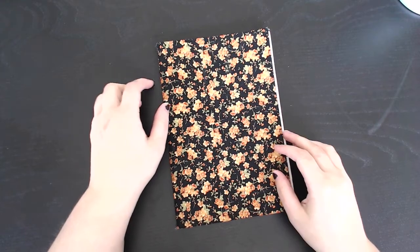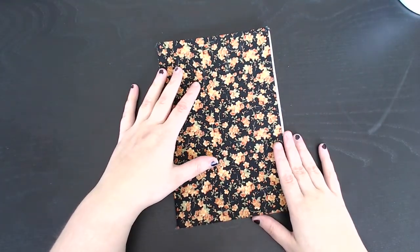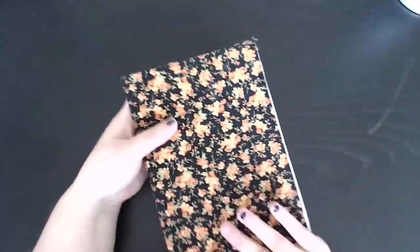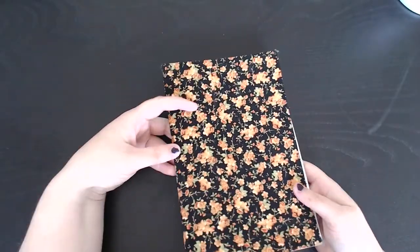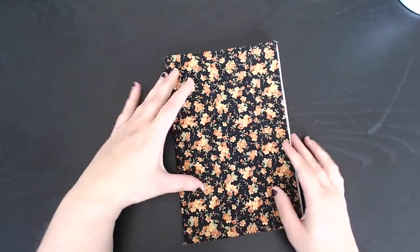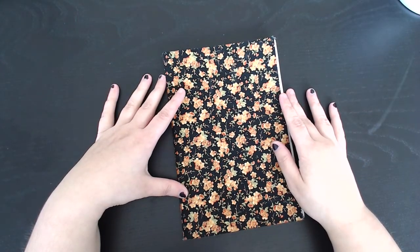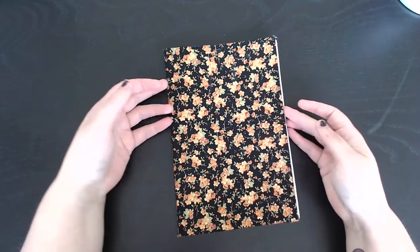Okay, so now that that excitement's done, let's go ahead and take a look at the sketchbook. I actually made this sketchbook and I recorded myself making it, and then I realized that I had the camera zoomed in way too much and it just wasn't a good video. I tried to explain what I was doing, but I just got caught up on my words, and it wasn't very good. So maybe I'll do another one where I record myself making a different sketchbook,